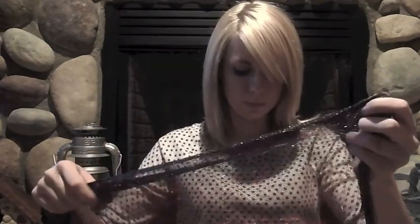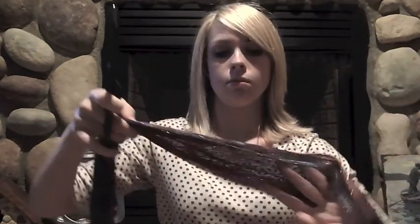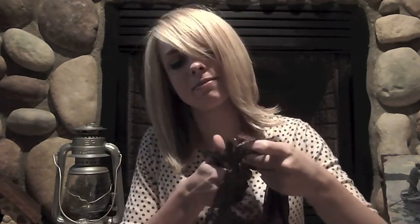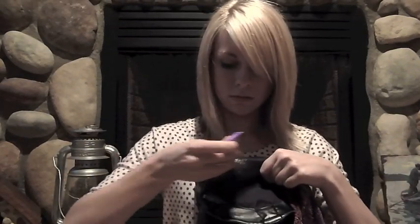And when that's done, take your fabric and measure it around your boot. I wanted those little frills on the outside of each boot, so I made sure that they would be where I wanted them to. And give yourself a little extra room when cutting, because you can always cut more later. I had to fold this over in on itself. If you have a thinner fabric, you won't have to do that. Be very generous with the glue,